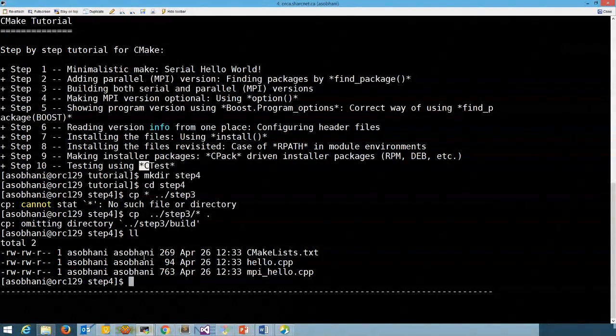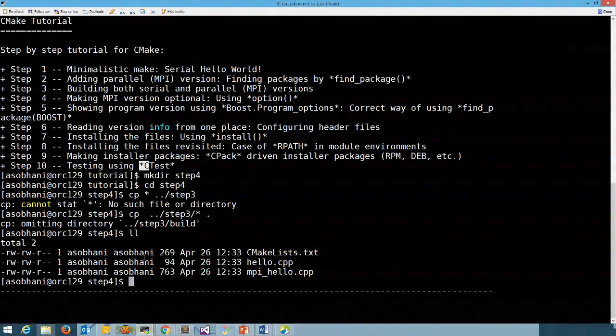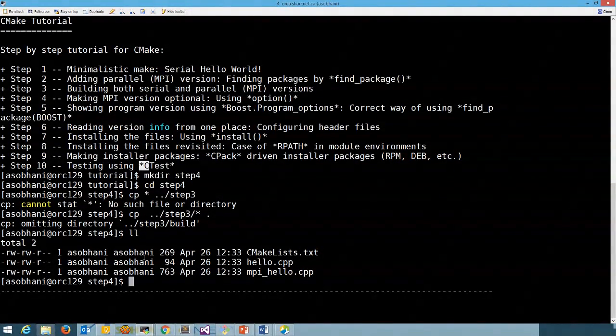In this kind of situation, we have only one additional folder, which is build, which is not going to be included in this kind of copies. And there is one other thing that is worth mentioning, which is if you use a version control system like Git, usually it's good to have your .gitignore file. And if you use CMake, the only thing that you should add to your .gitignore file,